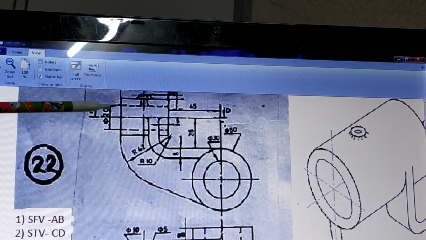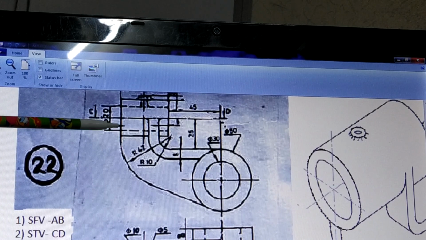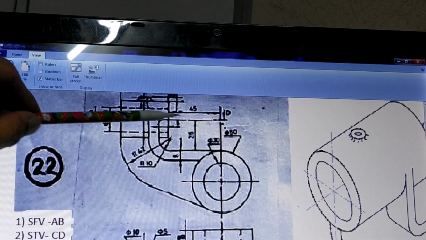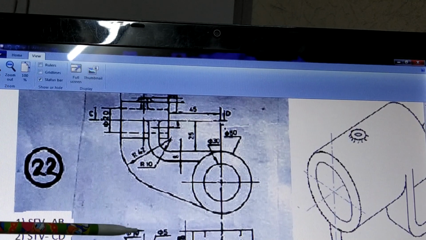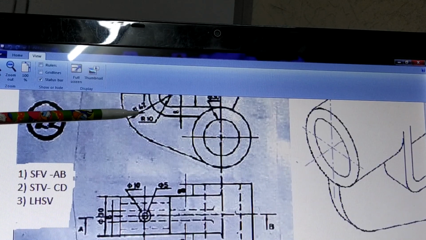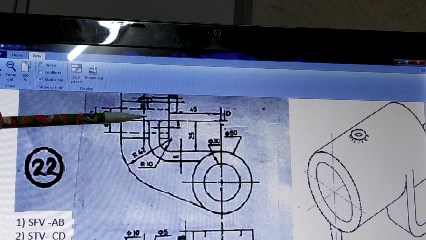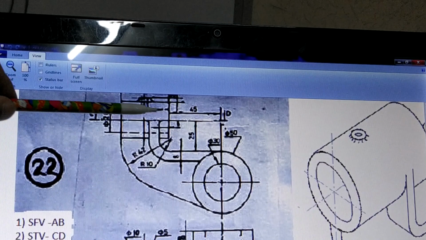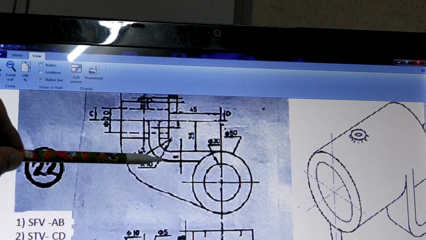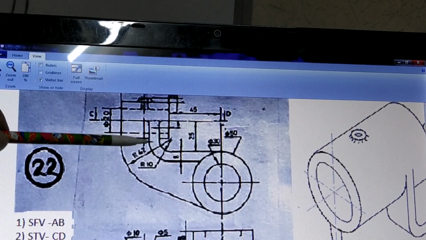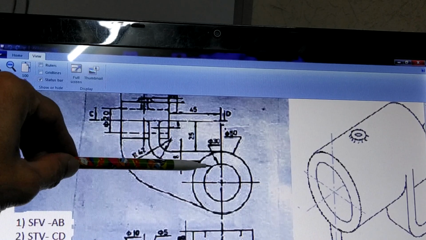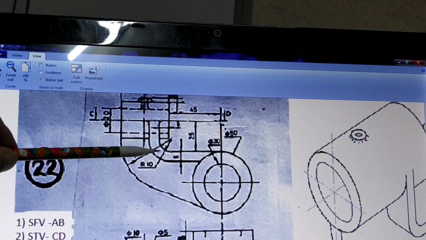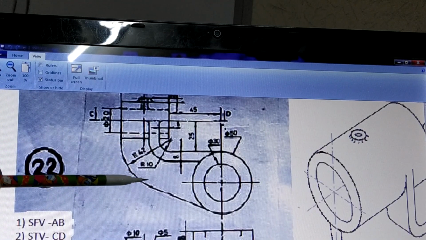The sizes are also given. Inside diameter is given 20, outside diameter is shown here as 30. So this again is a kind of a pipe shape that is shown here in the top view and the front view. So you can imagine there are two pipes, they are connected with their axes at 90 degrees, and then there is some kind of a flange connecting this pipe and this pipe. So this flange is shown by these lines, and between the flange and the pipe there is a rib like this.